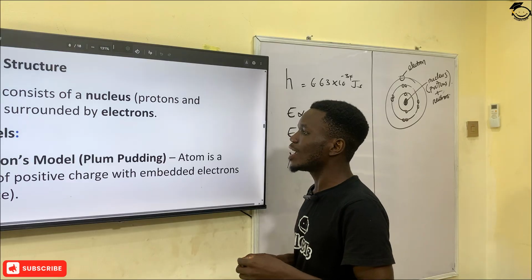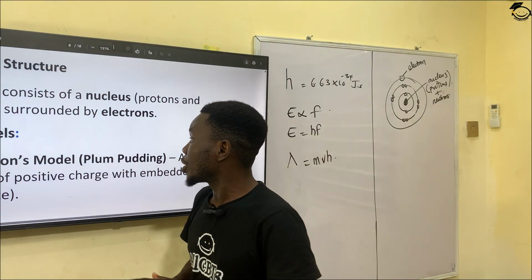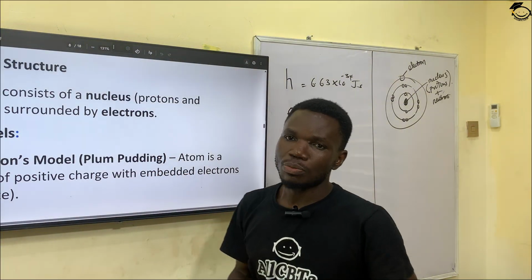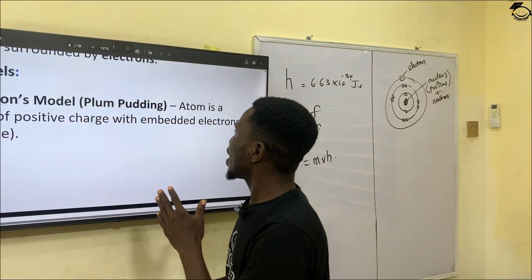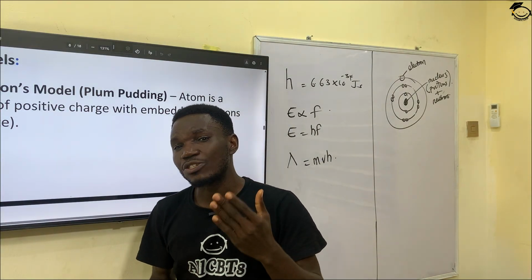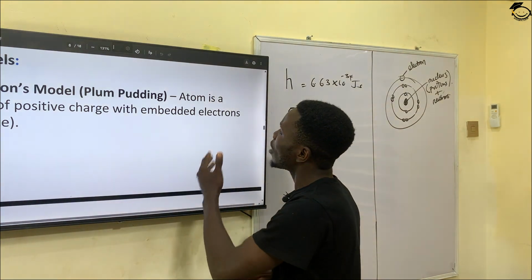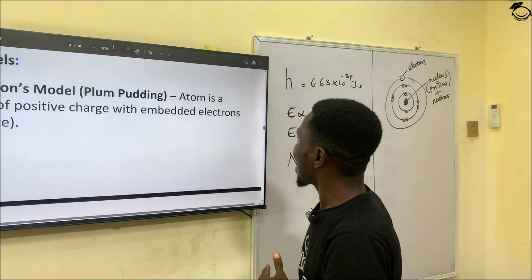So what are the key models of your atomic structure? Now the first model we're going to talk about is Thomson's model. Thomson's model is now obsolete. What do we mean by obsolete? It is no longer in use because of its outdated function. Now, according to Sir J.J. Thomson, he said,